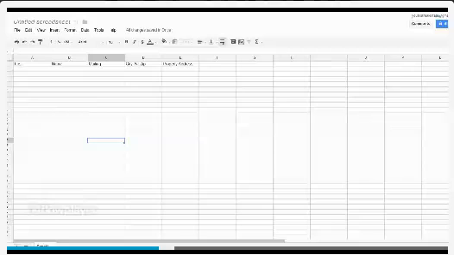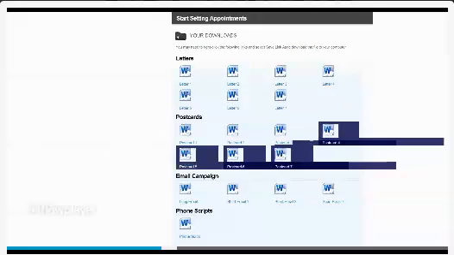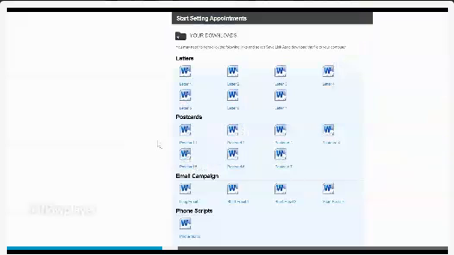So what do you mail them? Well, you're going to want to log into a membership site, and we mail them this postcard sequence right here. Postcard 1, 2, 3, 4, and we space them out about a week apart. Now postcard 6 and 7 are a little bit different